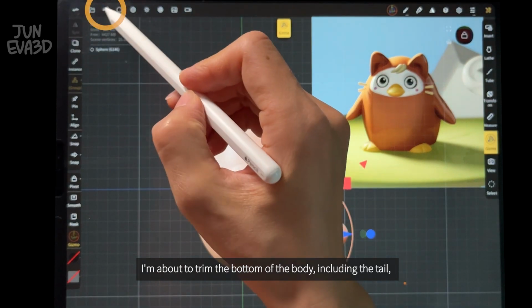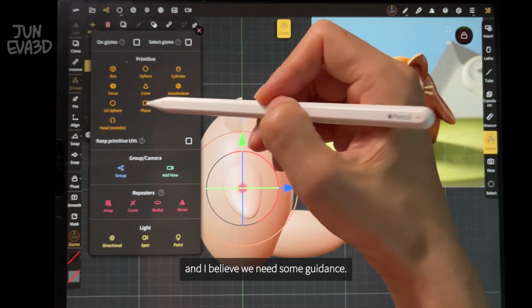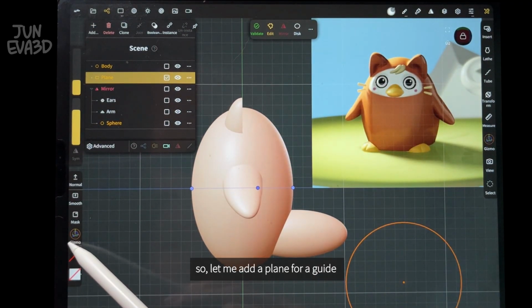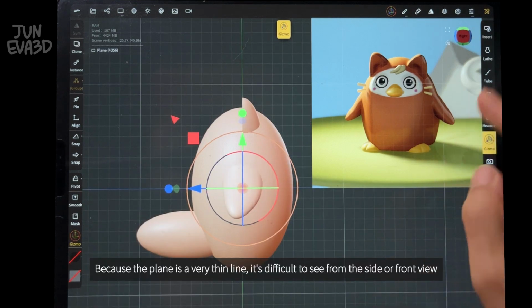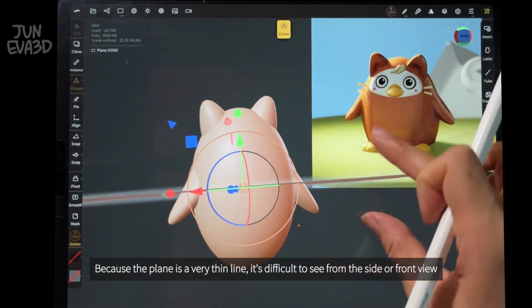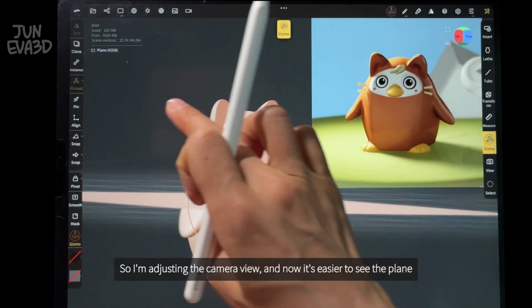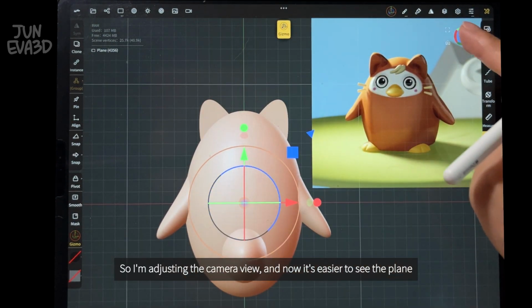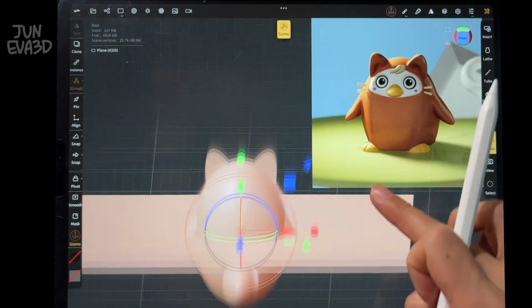I'm about to trim the bottom of the body, including the tail, and I believe we need some guidance. So let me add a plane for a guide. Because the plane is a very thin line, it's difficult to see from the side or front view. So I'm adjusting the camera view, and now it's easier to see the plane. To move the plane to the desired bottom line,